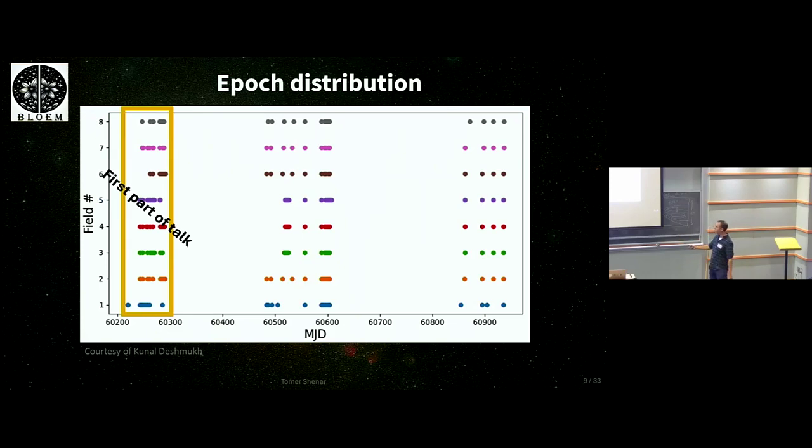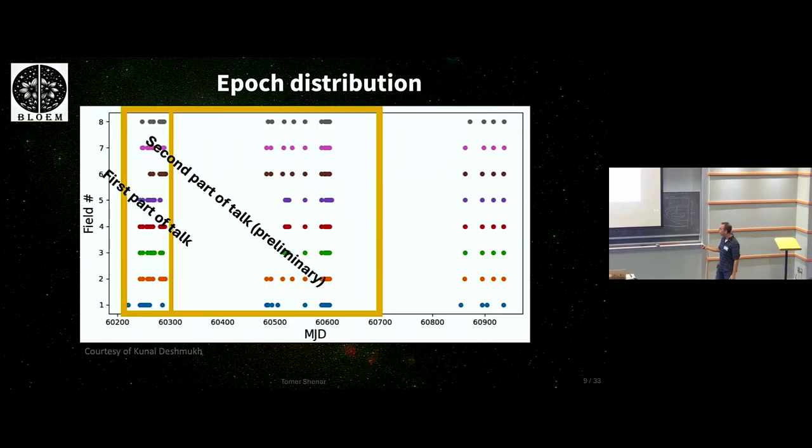So in the first part of the talk, I'm going to talk only about this batch of data for which we actually published orbits, just like we have with Gaia DR1, 2, 3, and 4. On a smaller scale, we also had our first data release focusing on these 9 epochs. I'm then going to give you some teaser results for the 21 epoch analysis.